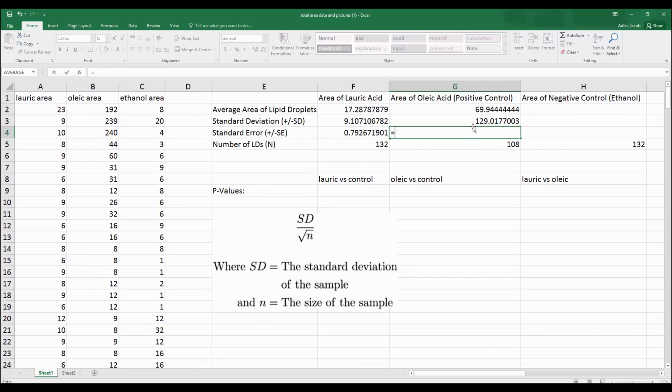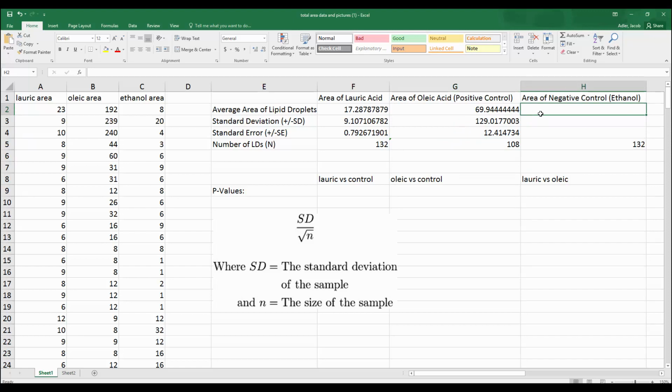And then to get standard error, remember that is equal sign, your standard deviation, divided by SQRT of the number of samples, close parentheses, hit enter. Notice that first of all, notice the deviation. The oleic acid produced lipid droplets that have higher variability. So that would be something that you want to talk about in your results section, right, if this was your